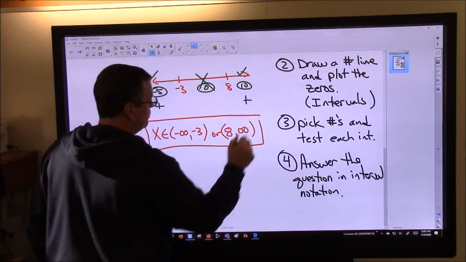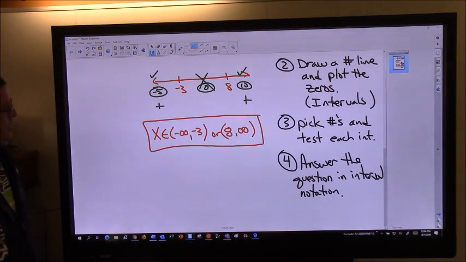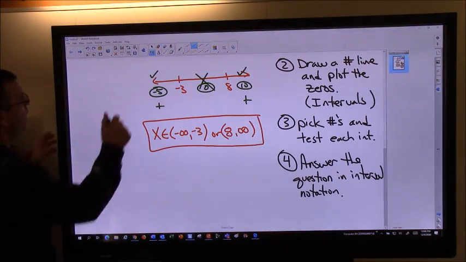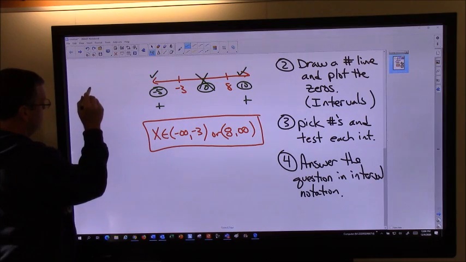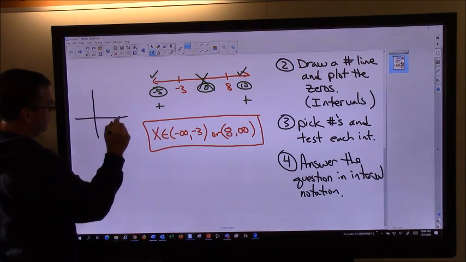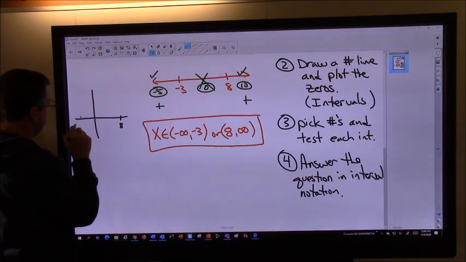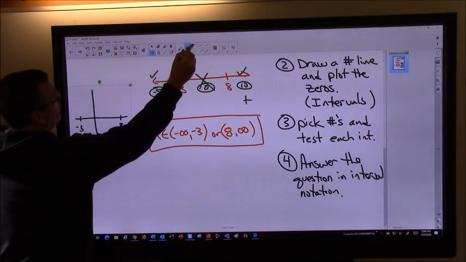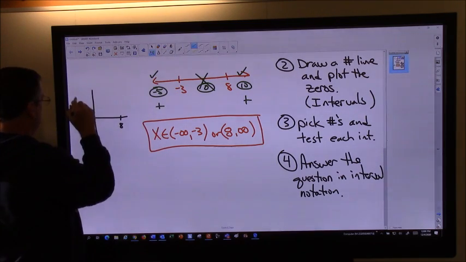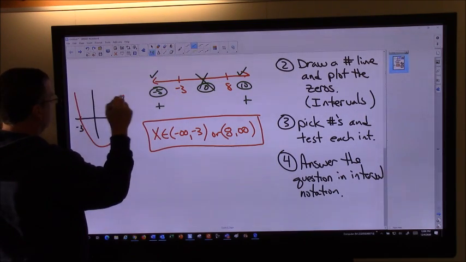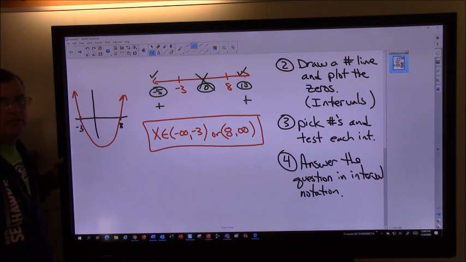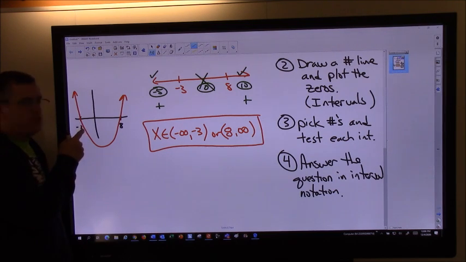There's my answer. Now, even though I know in my head, if I was to graph this, and I got a point out here at 8 and a point here at negative 3, and my graph is a parabola and looks like this, even though I know all this stuff, and I probably could have answered this without doing any of this work,